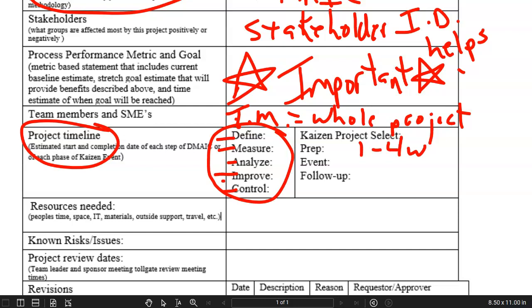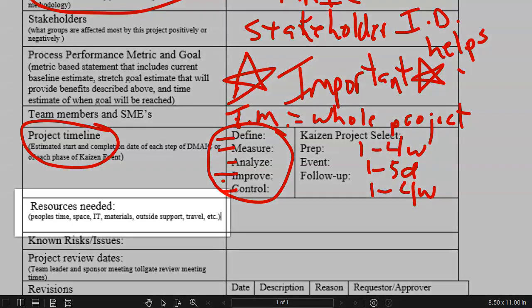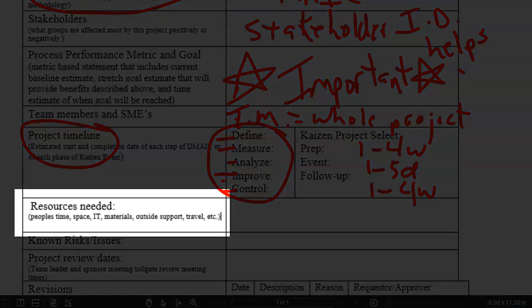The event with the team, in which we do the analysis, implement solutions, build future state solutions, and then standardize those solutions, is done in 1 to 5 days. And then the follow-up phase, where you are doing audits and more detailed documentation, takes 1 to 4 more weeks. The resources needed,